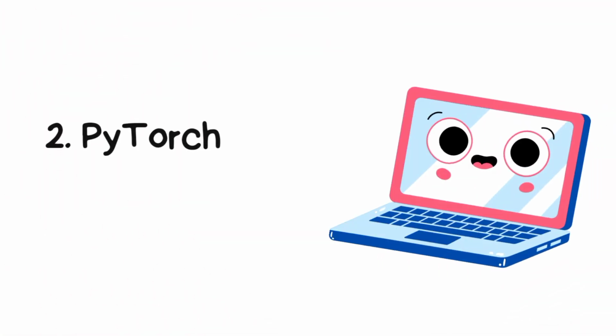PyTorch. PyTorch is another popular open-source machine learning framework that is widely used for building and training deep neural networks. It offers a dynamic computational graph that allows for more flexibility and ease of use in designing and modifying neural